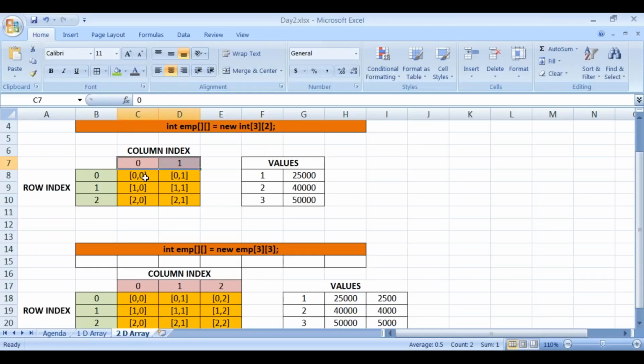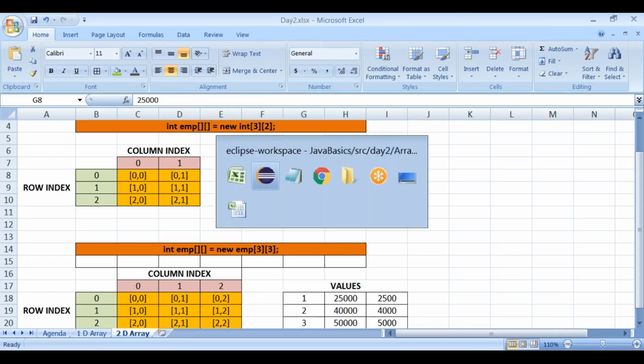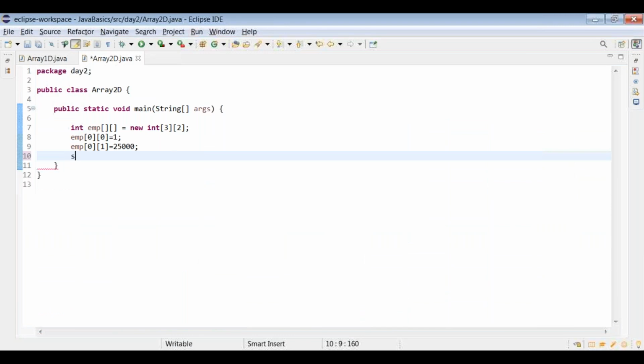Right? So we are storing 0, 0 as 1, and 0, 1 as 25,000. Let's try to print. How do we print the values now? The value stored at row index 0 and column index 1 is 25.